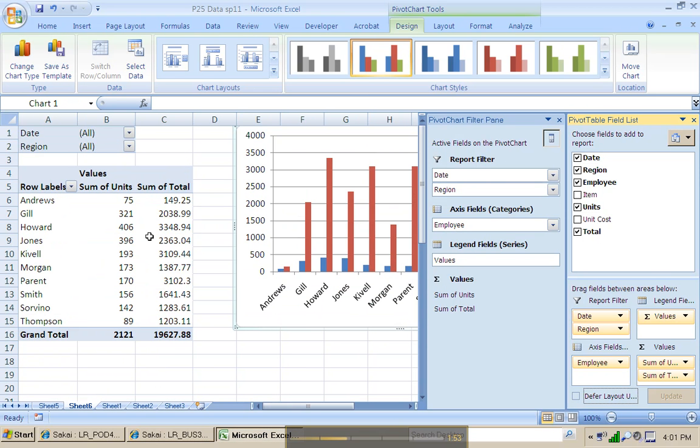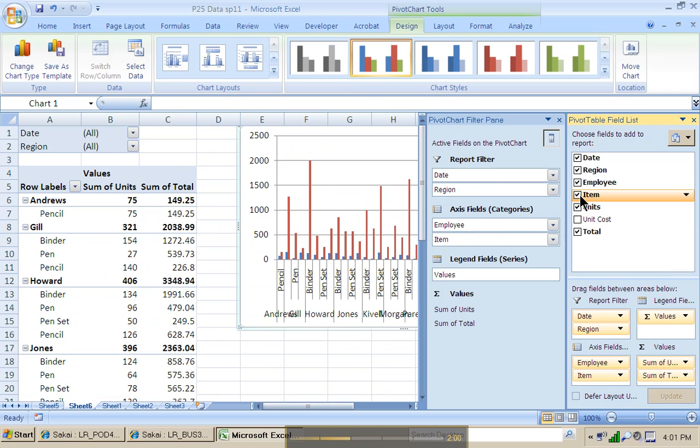So then if I want to filter out the region, but I still would like to see the item, maybe I could put the item under here. And then it shows,